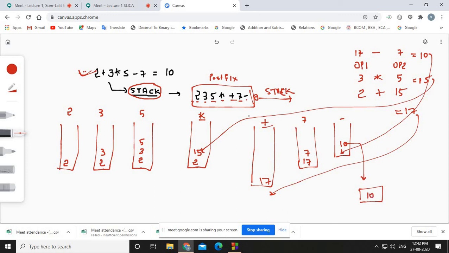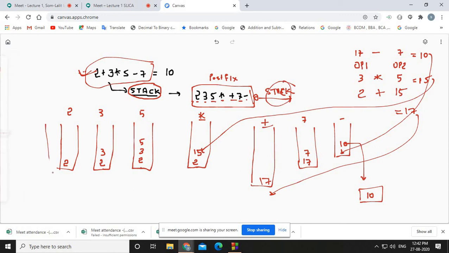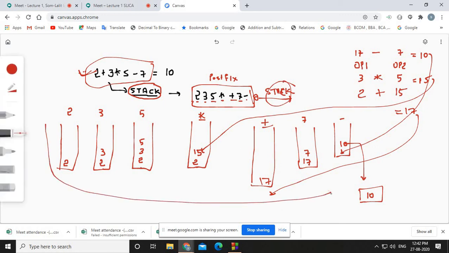Are you getting my point? So as I said, whenever you enter an infix expression, the calculator will use a stack and convert it into postfix. After making the postfix, the calculator again uses a stack, and the expression is evaluated in this way. This is called evaluation of a postfix expression.